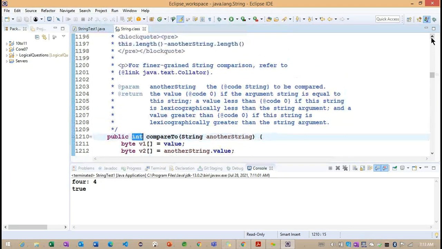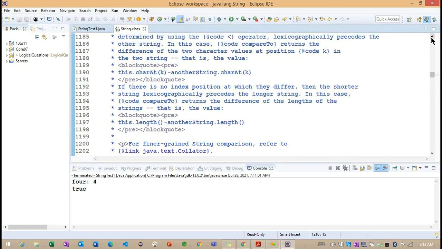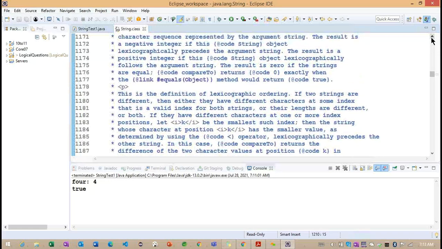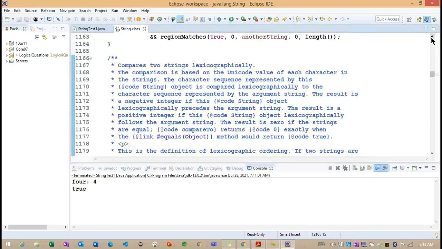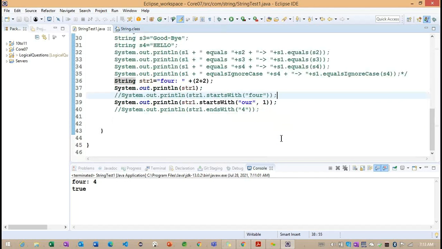Let me see if there is any message regarding this compareTo. No. Okay, so we'll try to check the compareTo method here.